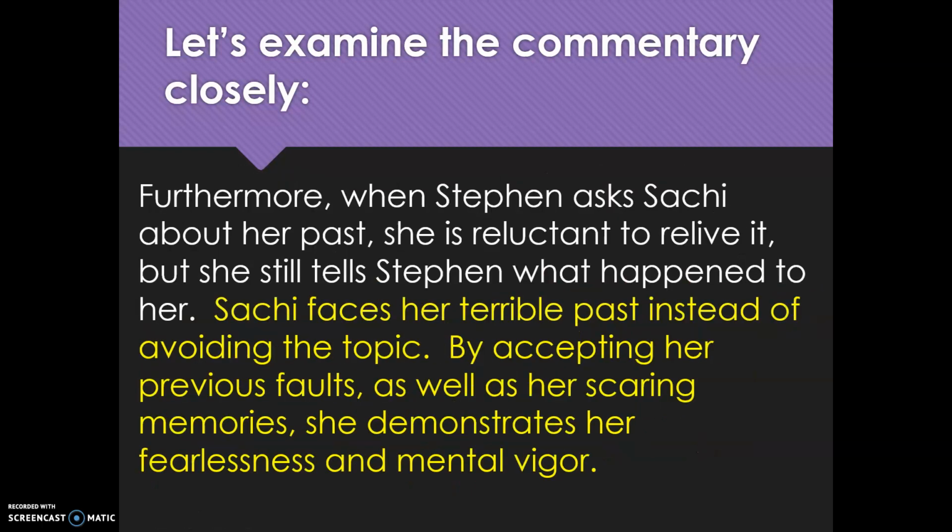And then the last example is about Stephen asking Sachi about her past and how she doesn't really want to tell him, but she has to because of the relationship that's developing between these two characters. So again, in yellow, we see the commentary. So why is this brave that she confronts her past? Well, because she's not avoiding it anymore. She's facing it head on. She's accepting her previous faults and her scarring, I think that should say scarring memories, which demonstrates fearlessness and